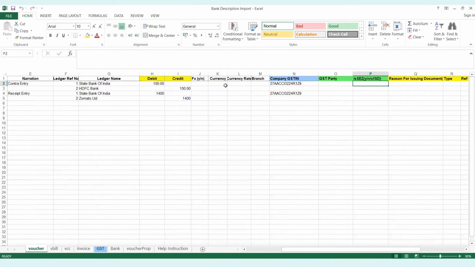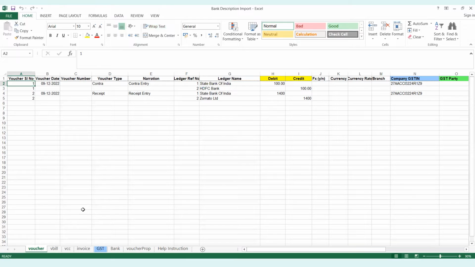So we are done with the voucher sheet part. Then comes the bill part. Since we are using only the bank ledger, the bill is not reflecting and will not come in this particular first voucher scenario. And in the second voucher, what we are trying to do is update one receipt